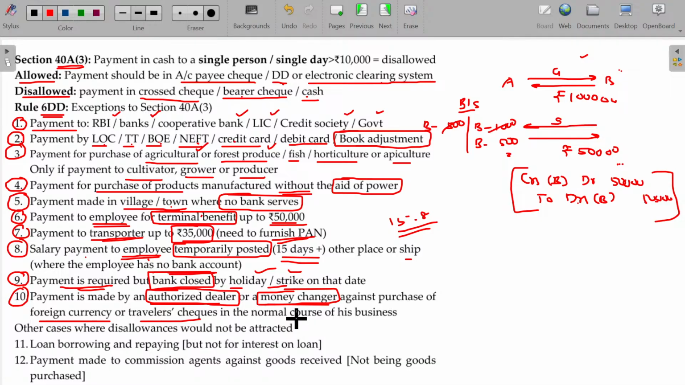So these are the items where you can make the payment in cash and still enjoy the benefits of deduction. Other cases where disallowance would not be attracted: loan borrowing and repaying. If you are borrowing a loan and repaying,